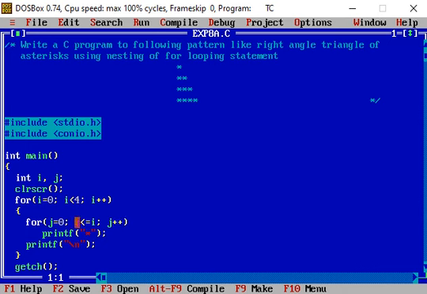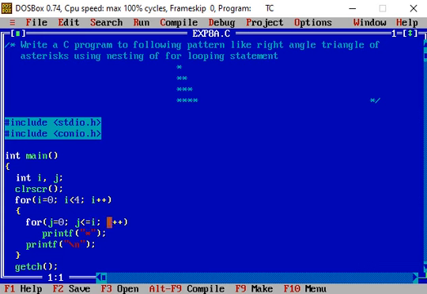So 3 less than or equal to 3, the condition is again true, and so a star is again printed in the fourth row. The fourth star is printed in the fourth row. Then after this, when the value of j is incremented, this becomes equal to 4. So 4 less than or equal to 3, the condition is false.